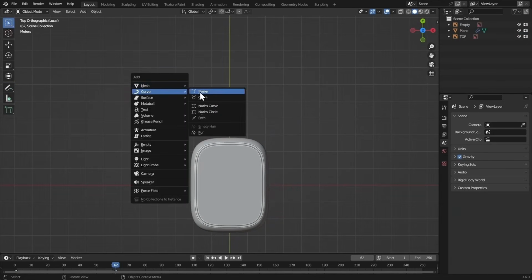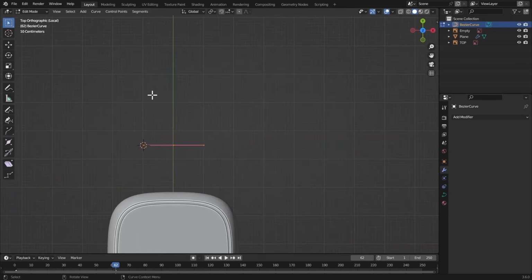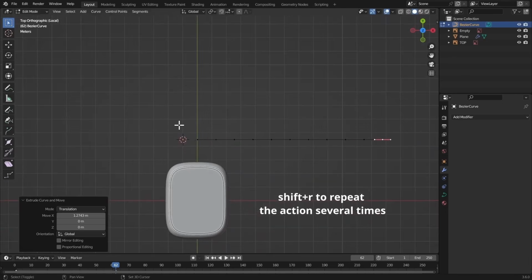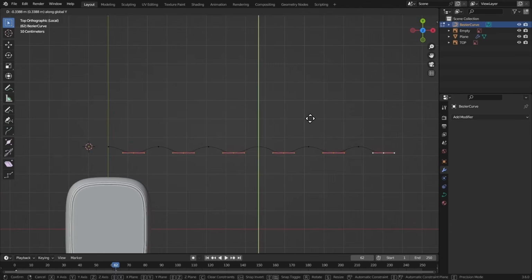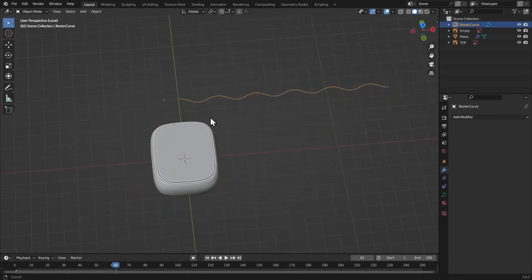So let's get a Bezier curve, hit tab. I'm gonna delete this point from it, scale it down a little bit, and E, X-axis. Now let's hit Shift R and do that. We're gonna select one and leave one just like that for all the mesh, and grab Y-axis so that we have these waves. Alright, this looks good. Shift this cursor to world origin. We want to get a cube,